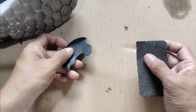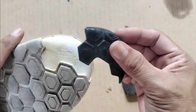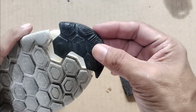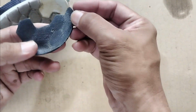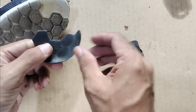Hey guys, Ronald here. Today I'm going to show you how to put back properly this part of a shoe sole that was removed. The first thing we need to do is to remove all the foreign materials, dust or